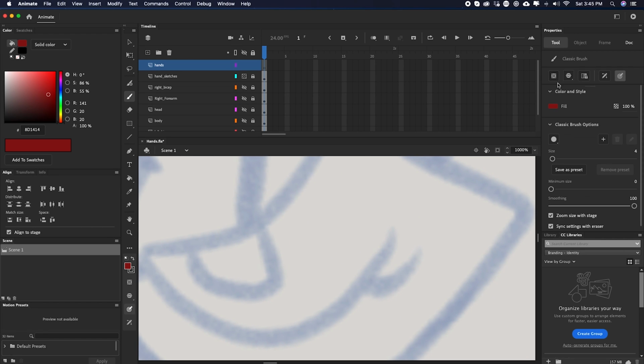Go back to the brush tool, make sure object drawing mode is turned on. Also, for the object drawing mode, it only works if you're using Paint Normal. So if you're using this technique where you're drawing through a line and it's not quite working, or the object drawing mode is not working, it's probably because you're in one of these other